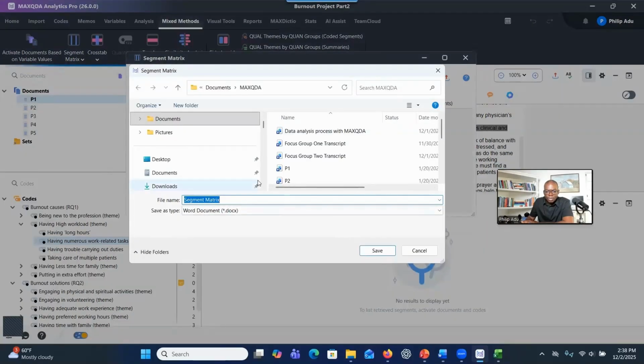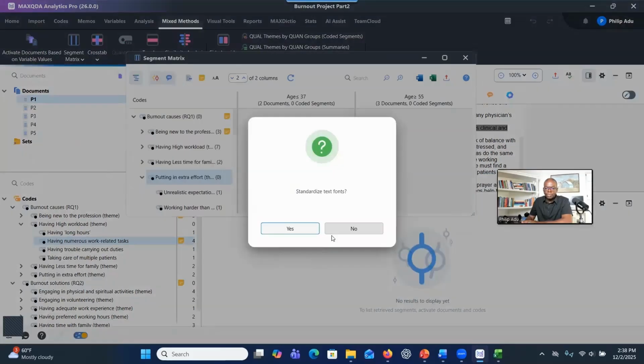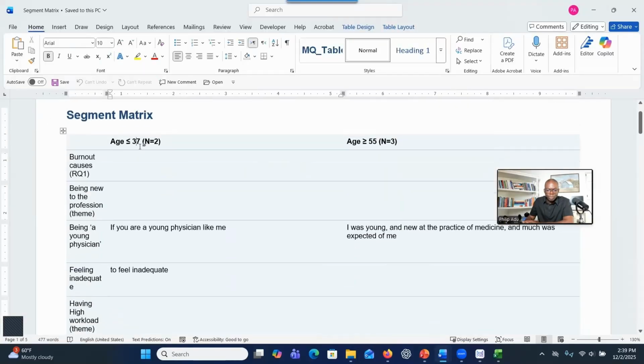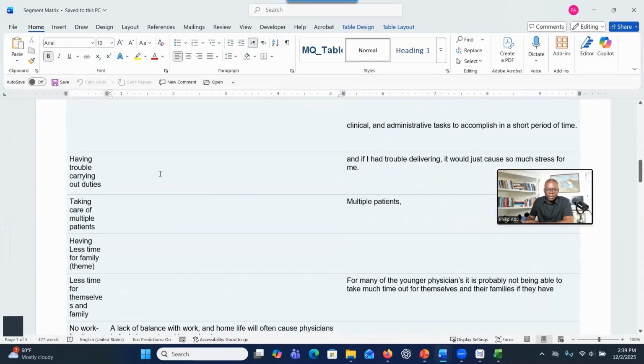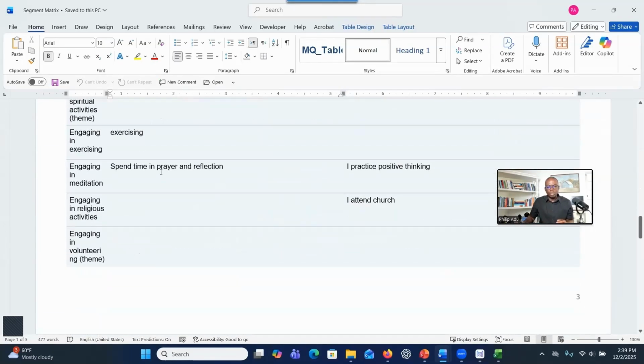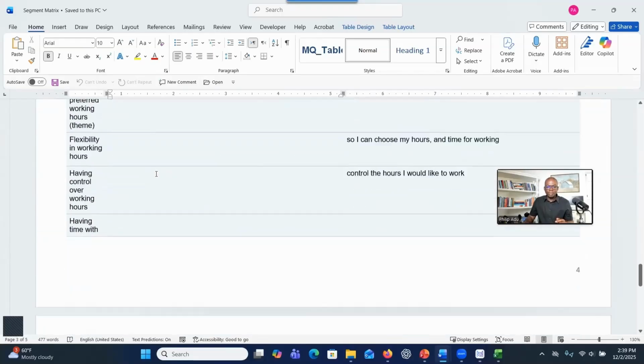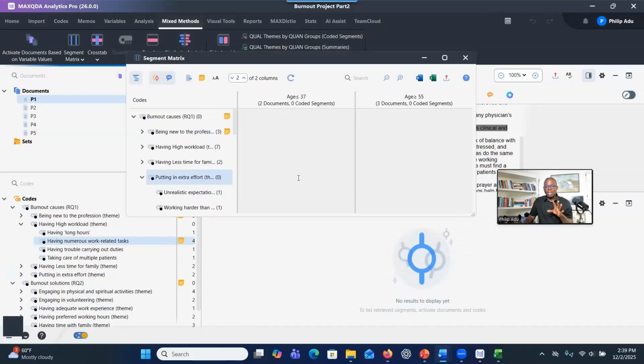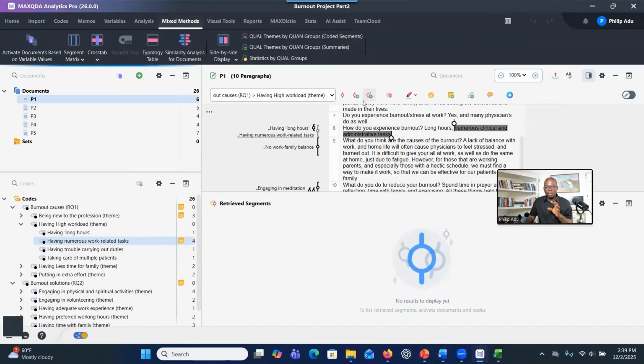So I've exported in my matrix. So let me put it on the desktop. And let me go to the desktop and see what I found. And this is what I found. So you see that I have two groups, and this is what I found here. So this one can also be very useful for you as you write your findings, right? So you see that when it comes to creating tables and illustrations, you have a lot of options, right? But these are the ones that I think will be useful for you. And then you can, as I said, explore further, but this one will be okay for you to use and